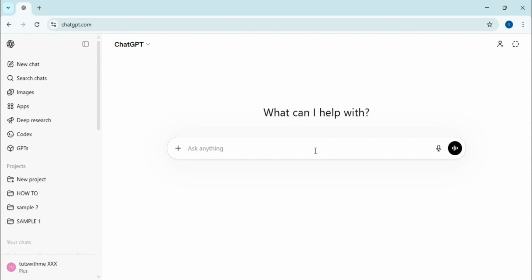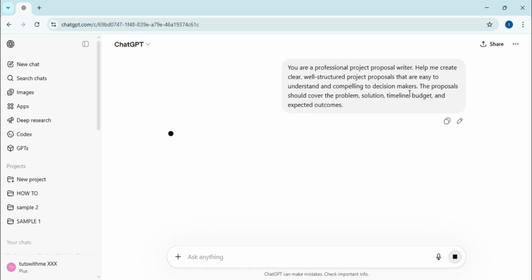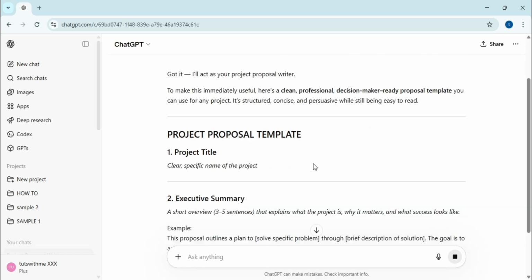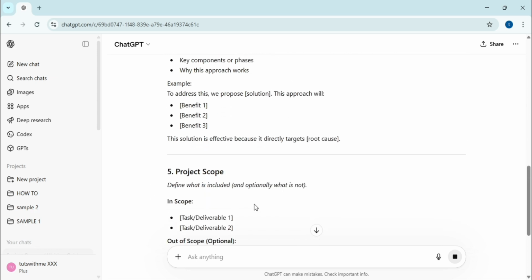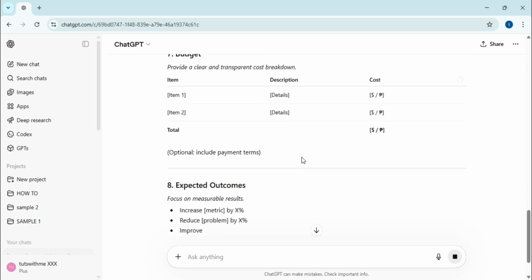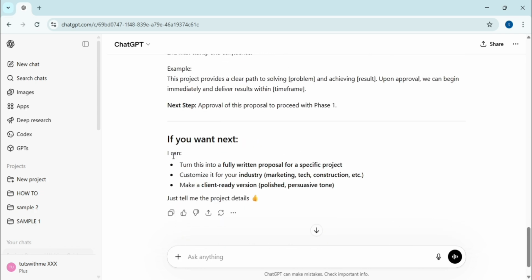In this video, I will show you how to use ChatGPT to generate a professional project proposal and a concise executive summary. I start by asking ChatGPT to act as a professional writer to help me create a well-structured project proposal template. The AI quickly generates a comprehensive outline that covers essential sections like the problem statement, proposed solution, and expected outcomes. I scroll through the results to ensure the structure is clear and includes everything needed for a decision-maker-ready